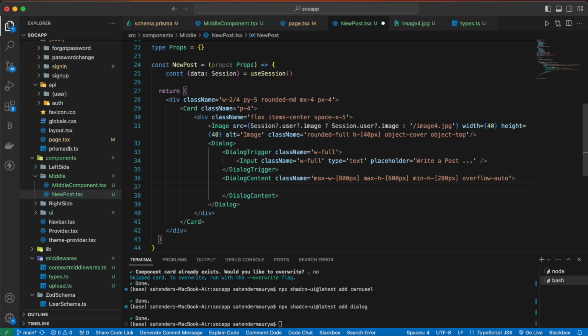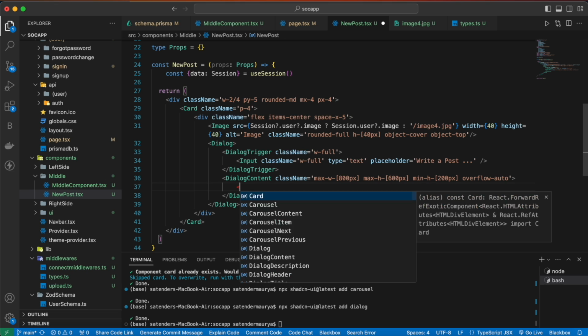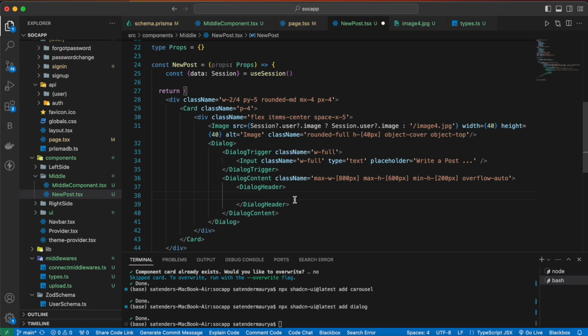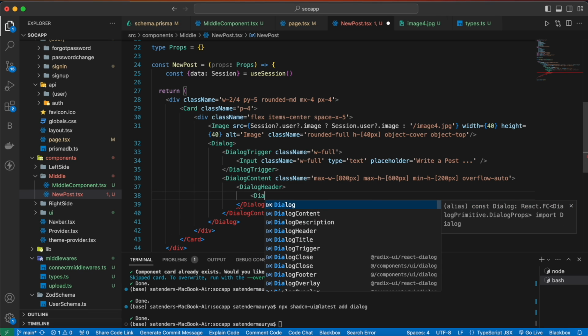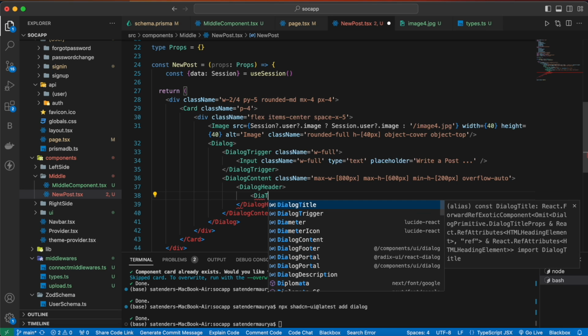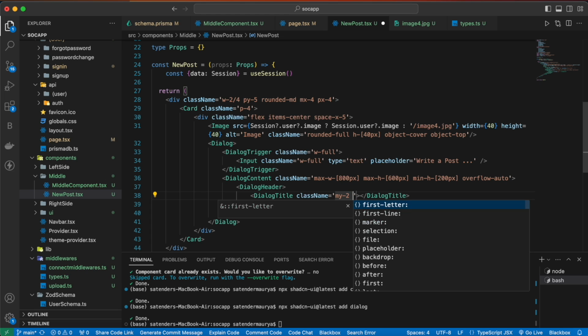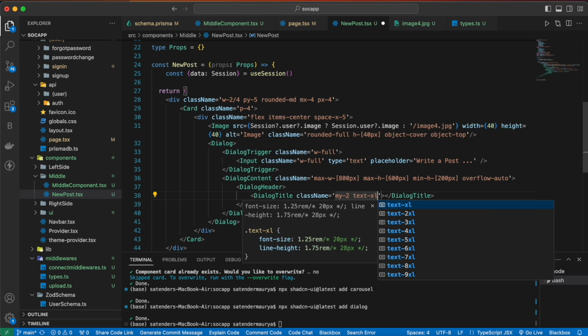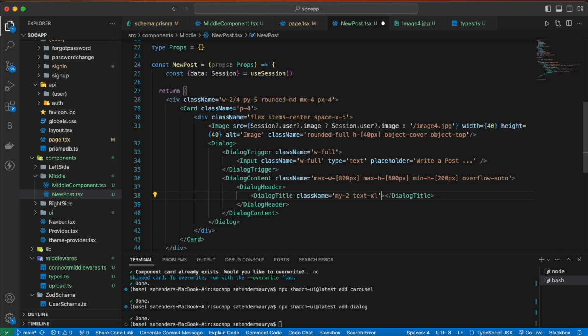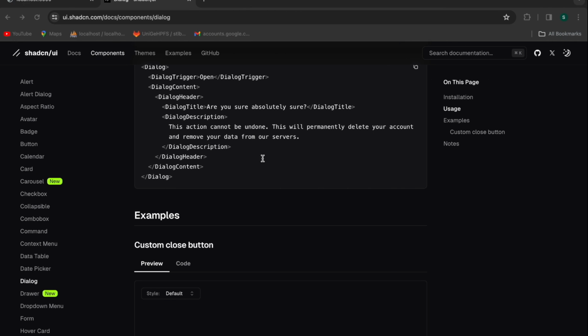Inside our content we are going to have a header, so we can have a dialog header, and inside our header we are going to have a dialog title here, and give this a class name of my2 text excel, and then write "make your post." Now let's save and go back to our browser